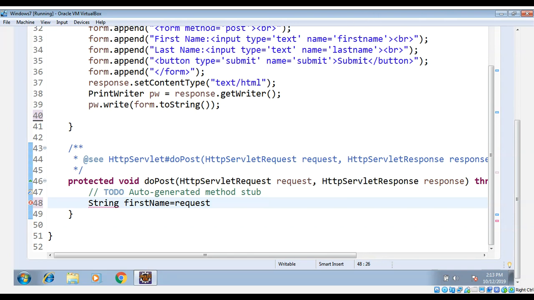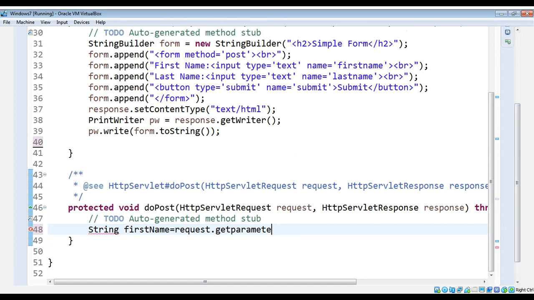You can see this is first name, this one over here, for the first name input field, so we need to give this name over here. Going to be first name,